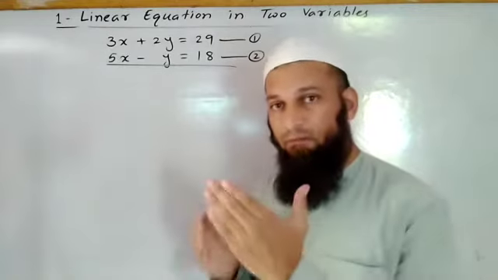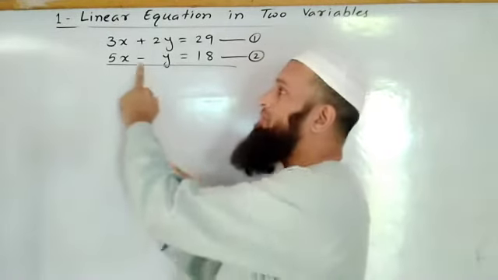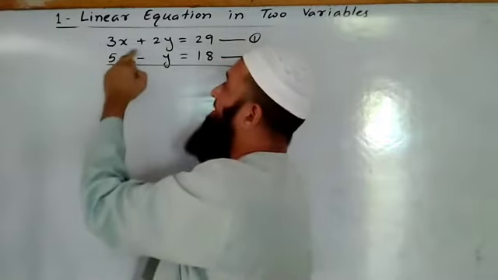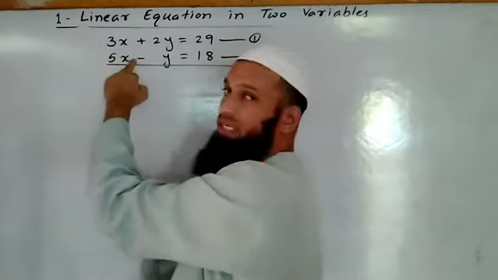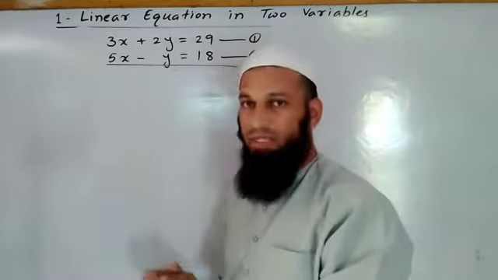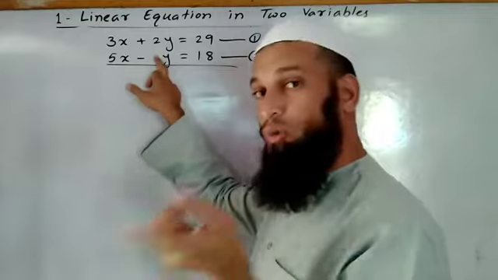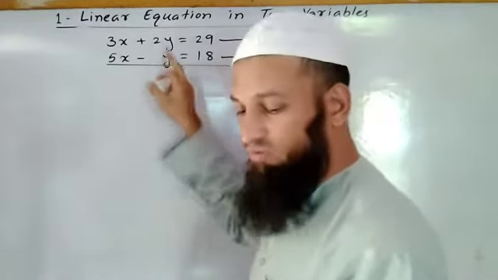What to do? Very first, the symbols should be different. Here both the terms are positive. Leave this. Here one is positive and one is negative. So we can solve very easily. But the coefficients are not same. Symbols are different. Coefficients should be same. Here coefficients are not same.